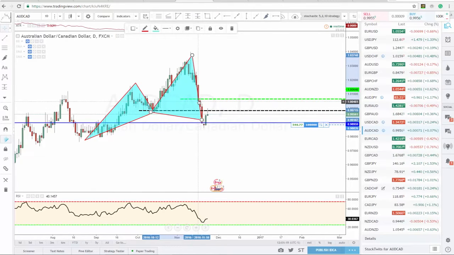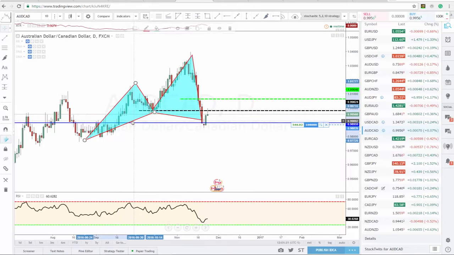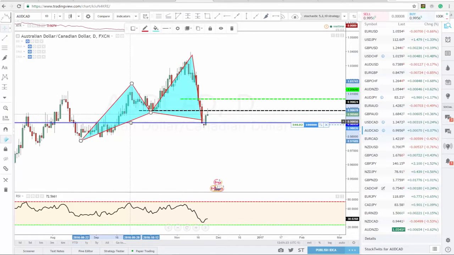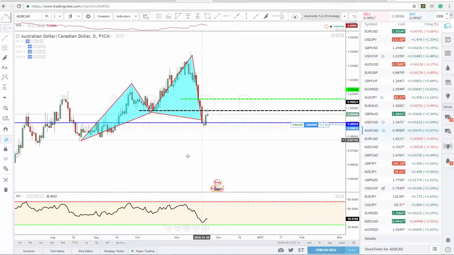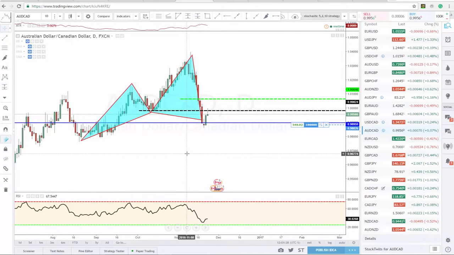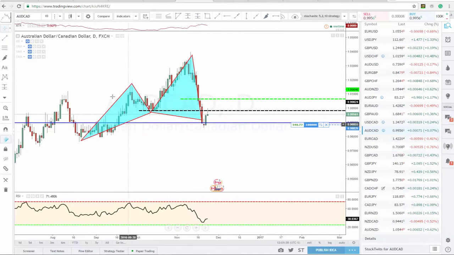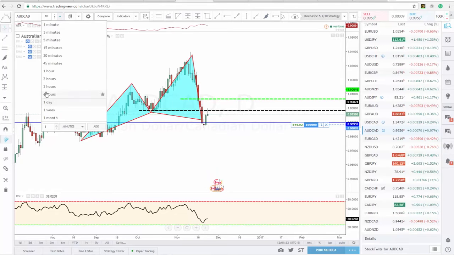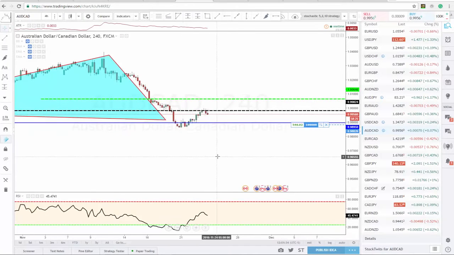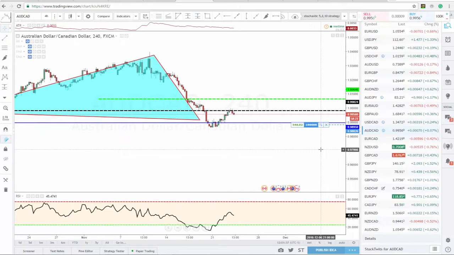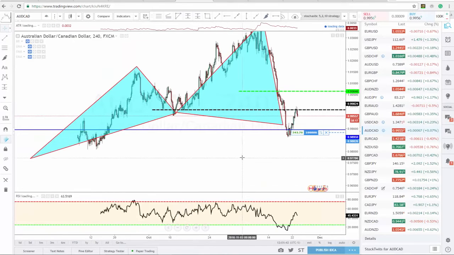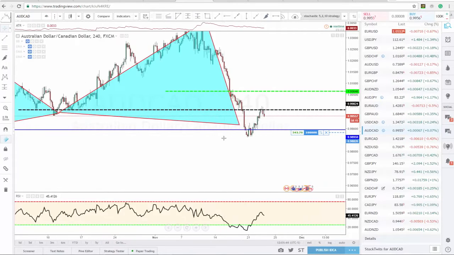So now that we have our higher time frame indications for why we would like to be involved in this trade, we know that that's going to be a significant area for the market. We still don't place the trade directly based on this higher time frame. What I like to do is go down to a trading time frame, which can consist of either the 4-hour, 1-hour, or 15-minute charts. So we have come down from that daily level now to the 4-hour chart, and we do get a little double bottom here,